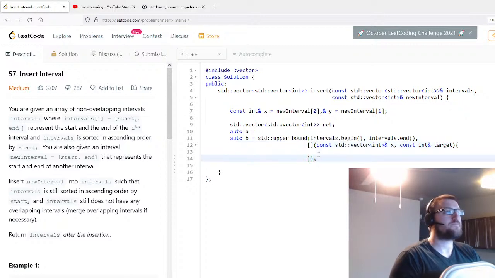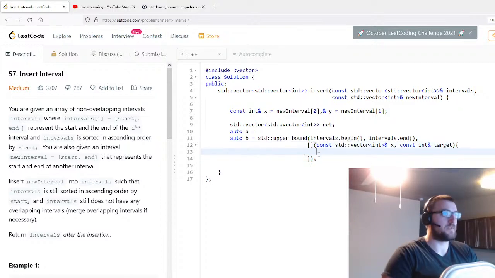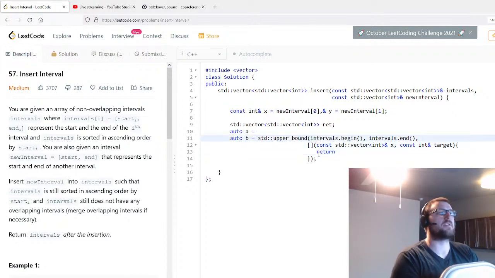So I'll explain shortly what's going on here. So we're at a lambda function, and what we want to return is this particular target, and the key we're going to use is end or y, right? So we want something that's larger than y. So we're going to do less than. We're going to do y is, or the target, and the way to use less than, it's actually going to be x of 1 less than target. So that's going to be a little confusing, but if we dereference b, we say,